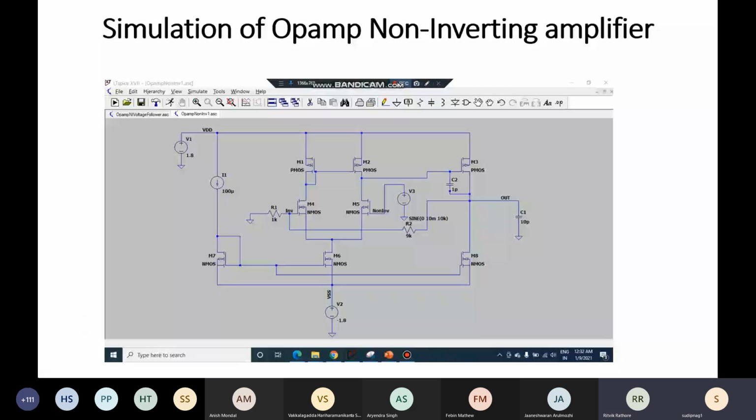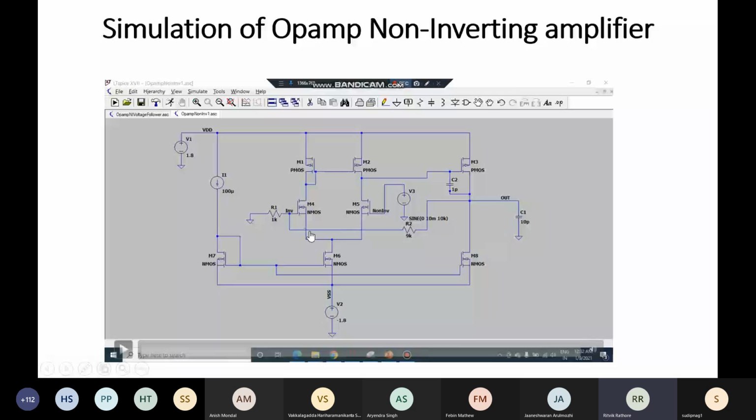So now we will be simulating the non-inverting amplifier configuration. Before moving on, I want to mention one thing: how the W by L ratios of M4 and M5 impact everything. First of all, the current in these branches is defined by this current mirror circuit, right? So 50 microampere is flowing through each branch, and if I move W towards lower values, that is, if I decrease W, then in order to maintain the same constant current of 50 microampere, the VGS of this transistor has to increase, right?